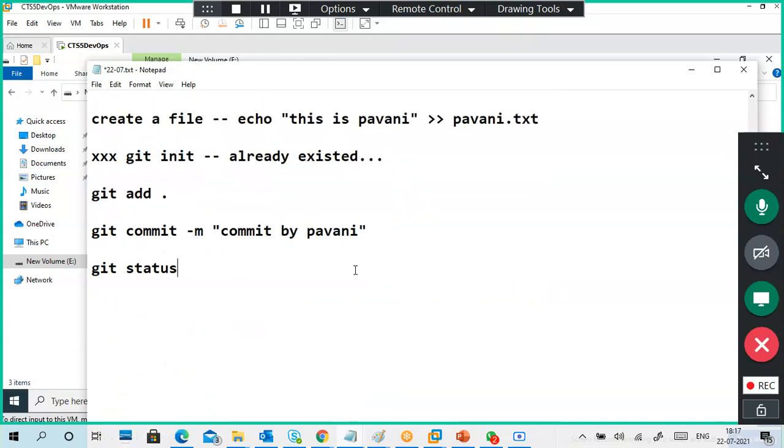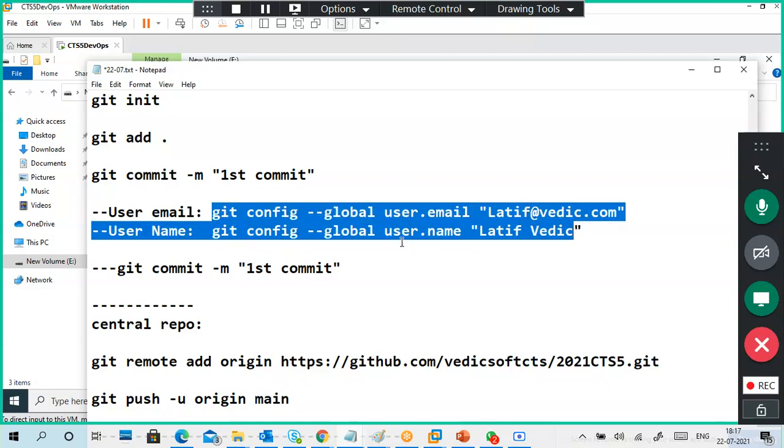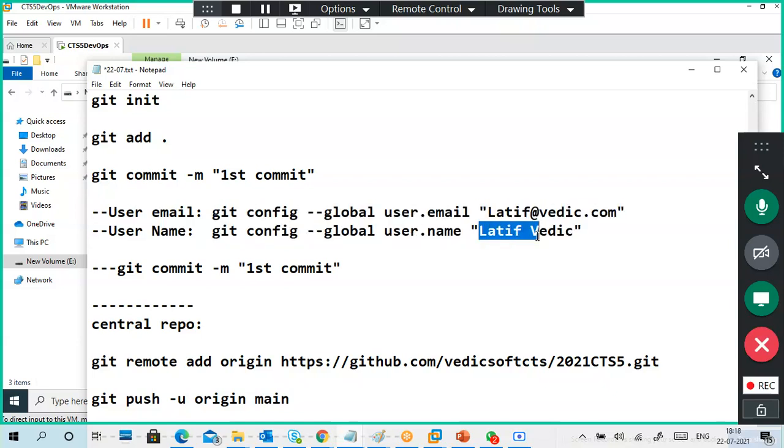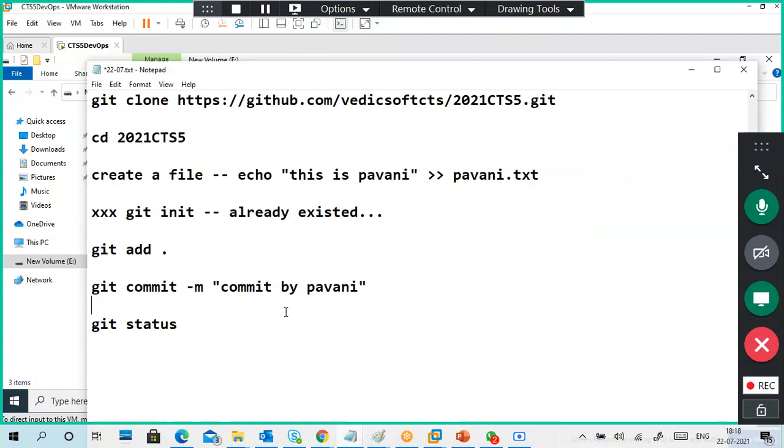Next, when you do commit, it will ask for username and password, compulsory you give like this. This is your name, you can give your name. So I took an example, Pavani, right?